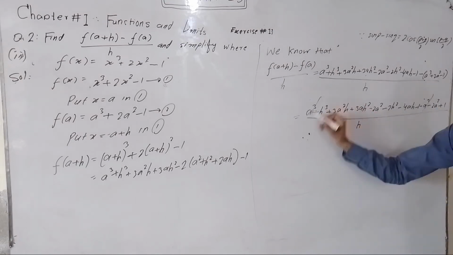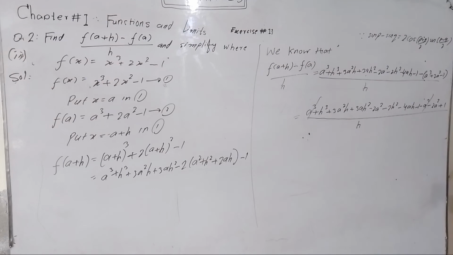Minus a cube plus a cube cancel, minus 2a square